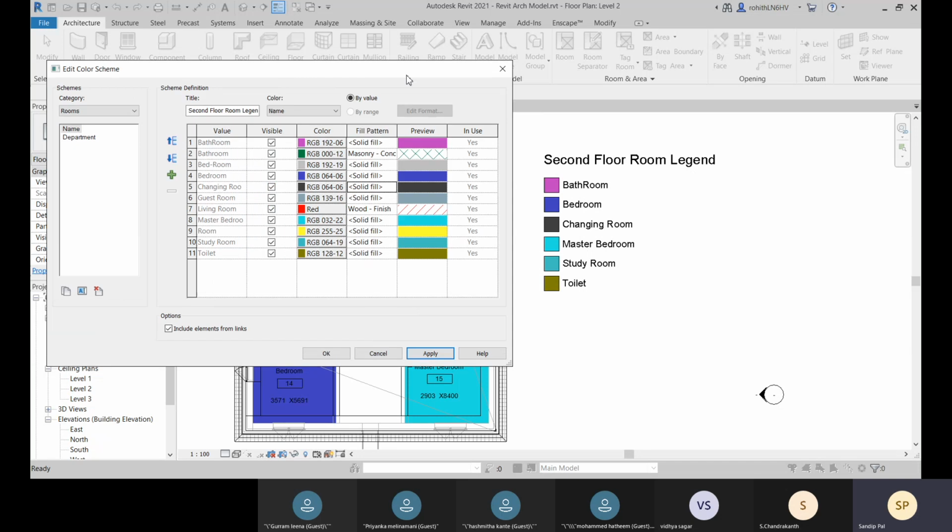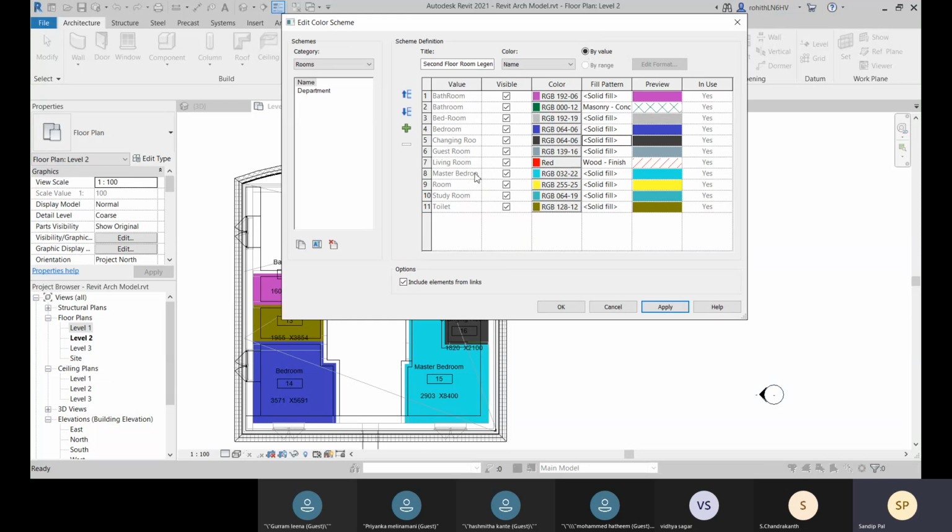Now here you can see the In Use column, so all these are in use, right? Suppose you have created one but you haven't applied it. Suppose I go for powder room, let me create it from this option, the green plus symbol. I can create one value over there.